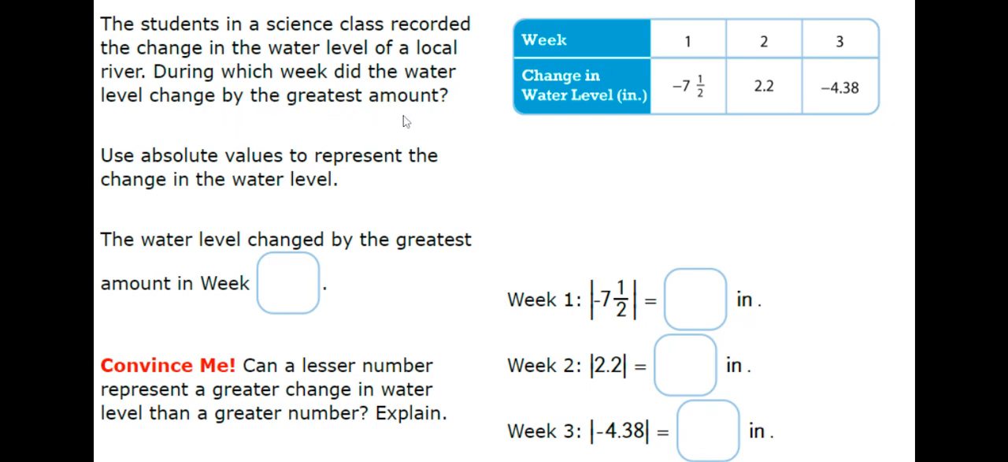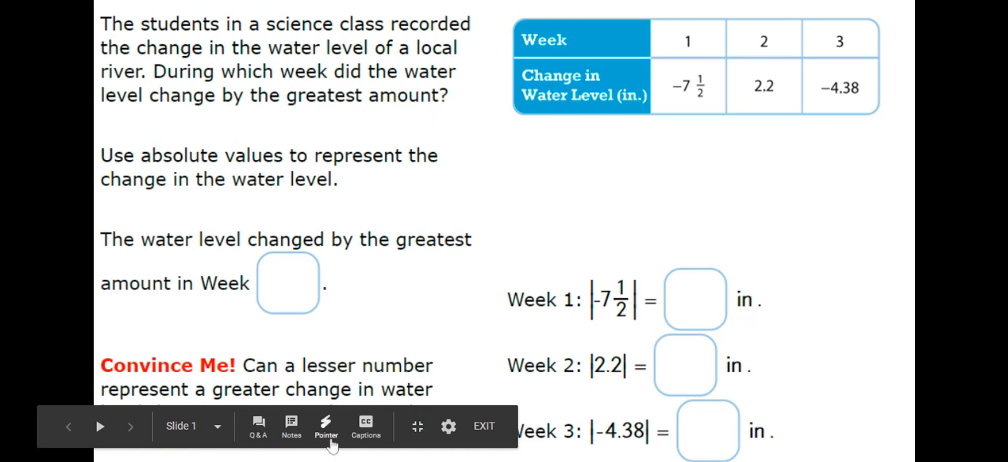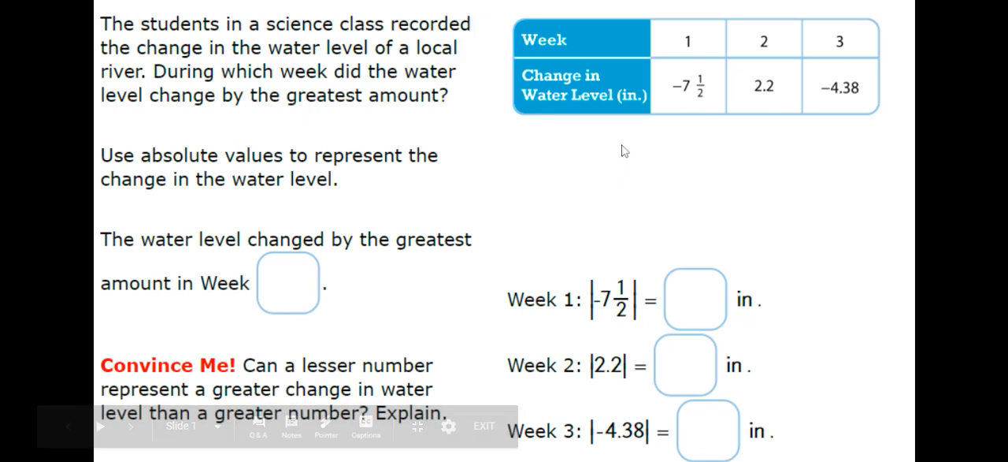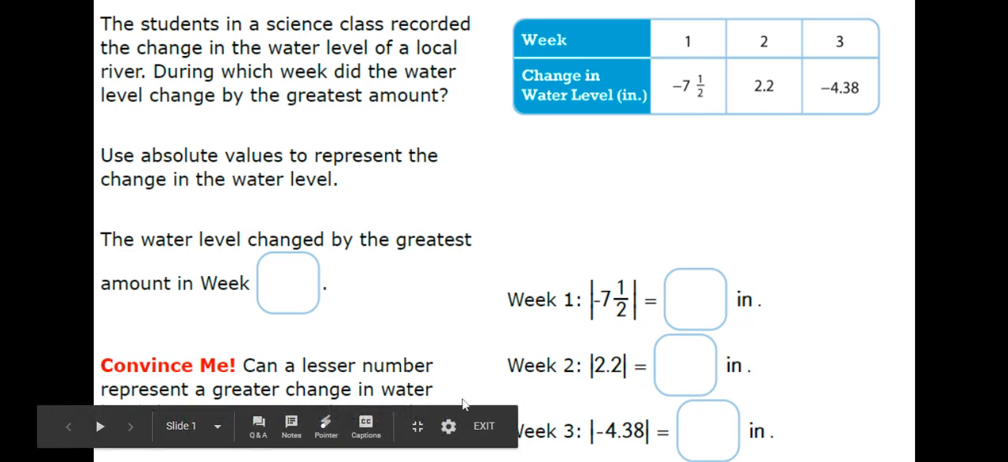So, when you're looking at change by the greatest amount, that's absolute value in terms of moving the greatest distance. And when you measure a distance like absolute value, your measurement is always positive. So it says use absolute values to represent the change in water level. In week one, the change in water level is negative 7.5, which means it went down 7.5. However, if you find the absolute value of that, it would actually be